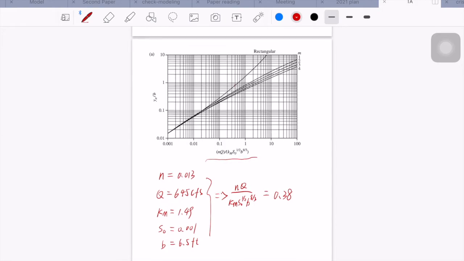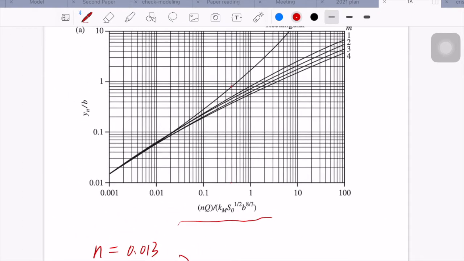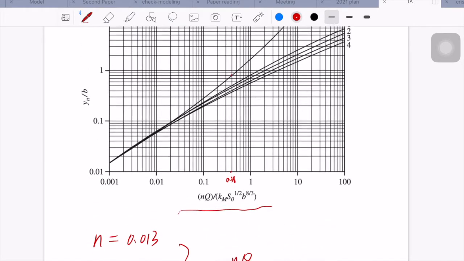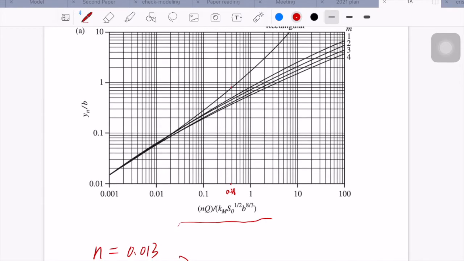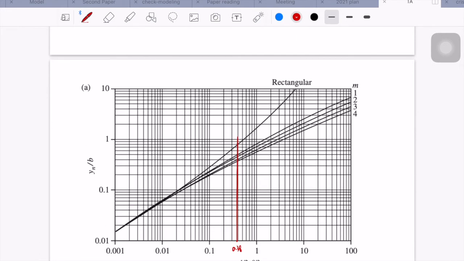So at this location the value is approximately 0.38, and we draw the vertical line from this point to intersect with this rectangular curve. So we can find that